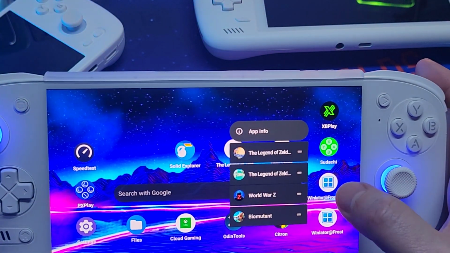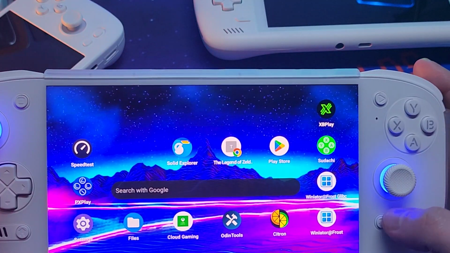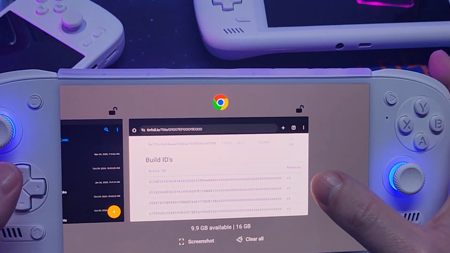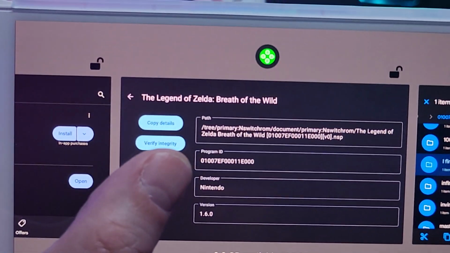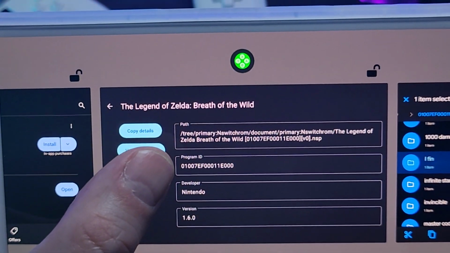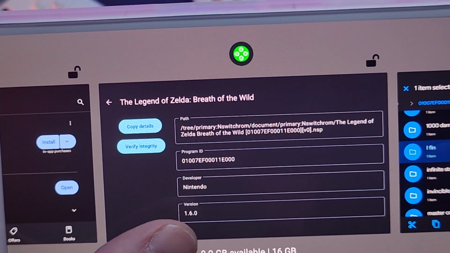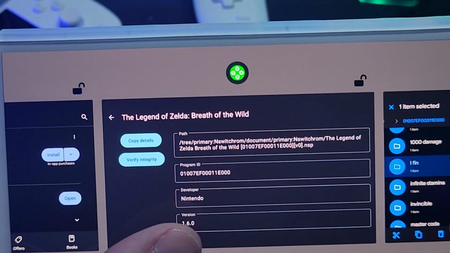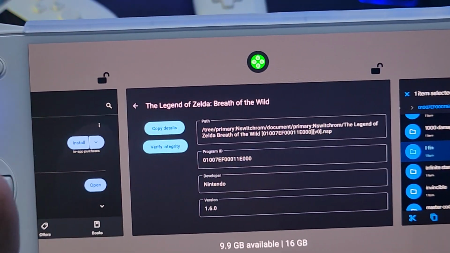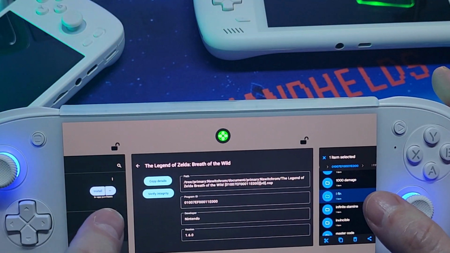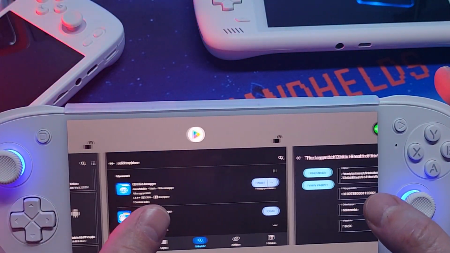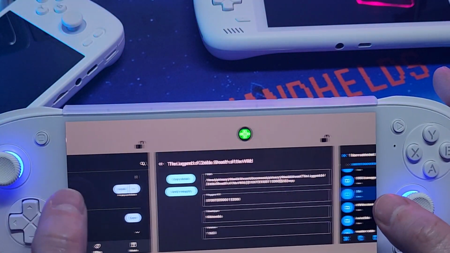And let me see here. That is going to be that right there. Okay, so that's the ID number, and then the version number for us would have been 0. And there's codes for 0, but it doesn't apply to Breath of the Wild. It's a fluke. I'm not sure. Can't explain it. But for today, to make it short and sweet, just go by